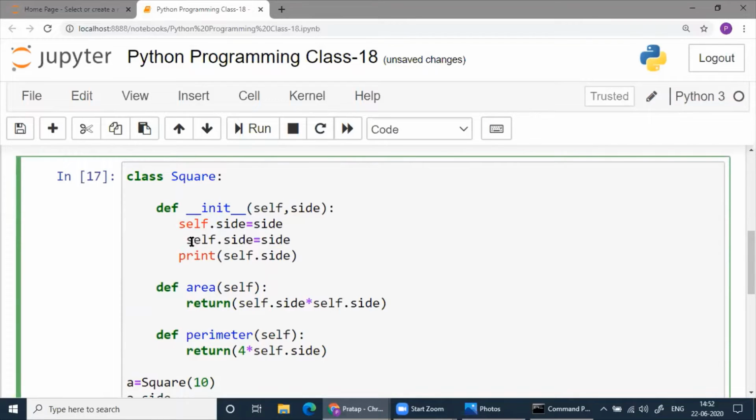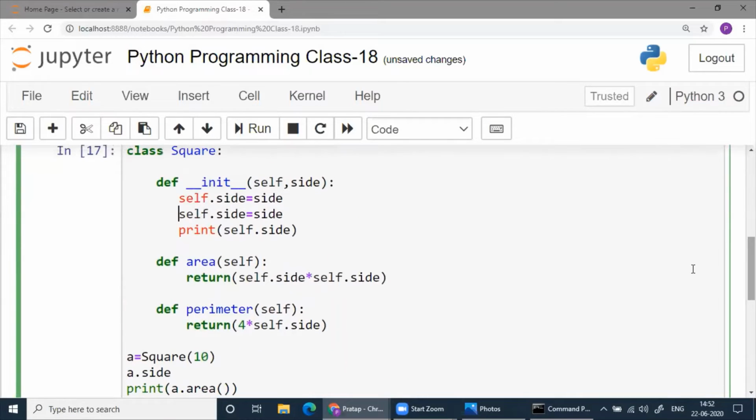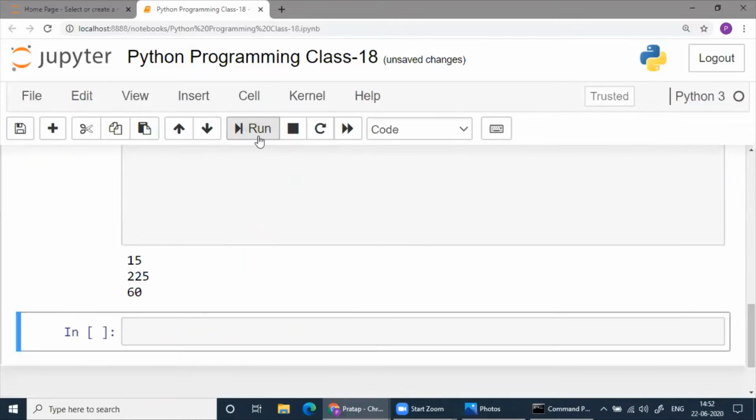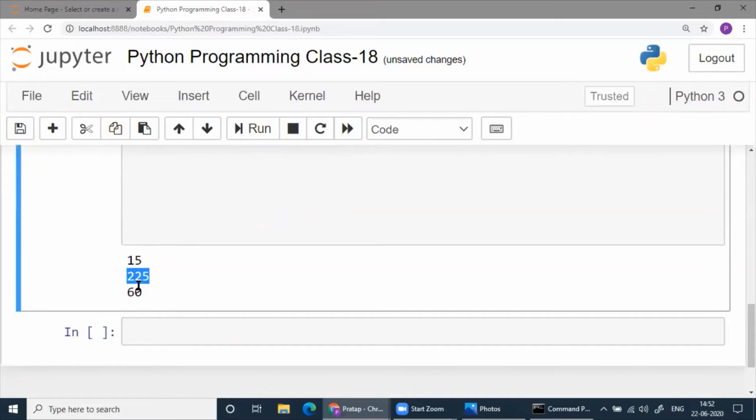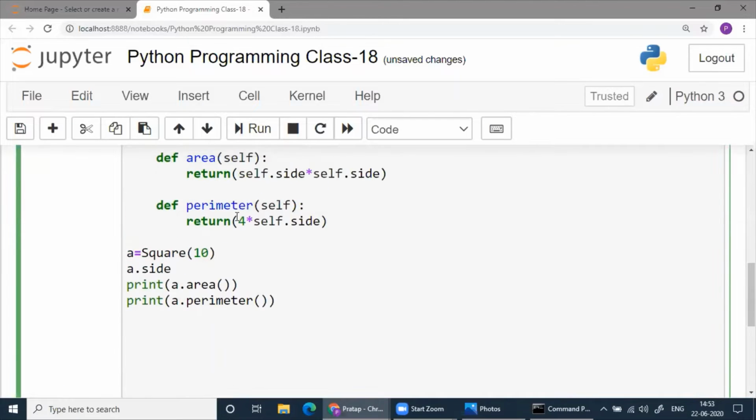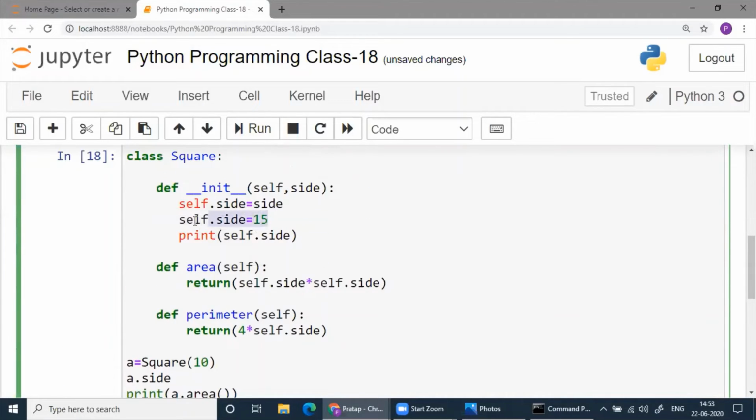Suppose 10 is there, you want to make it 15. You write 15. Then the latest one is 15. Then you will get 15, and according to that you get area and perimeter also, because the latest one is 15. You defined here.